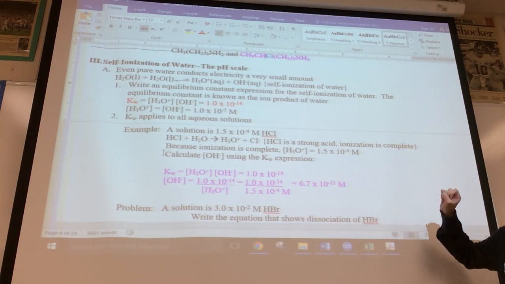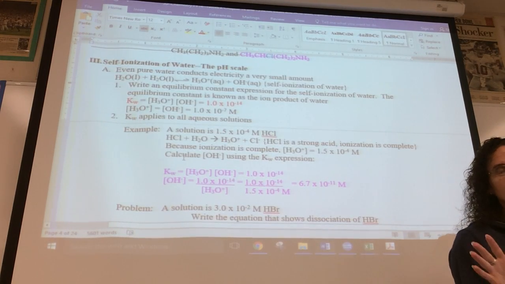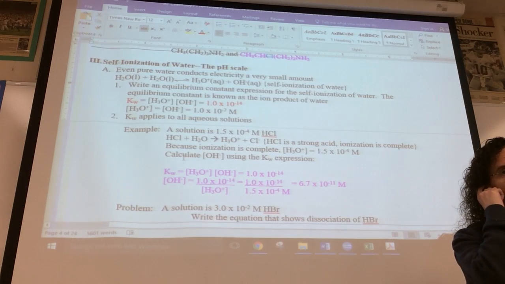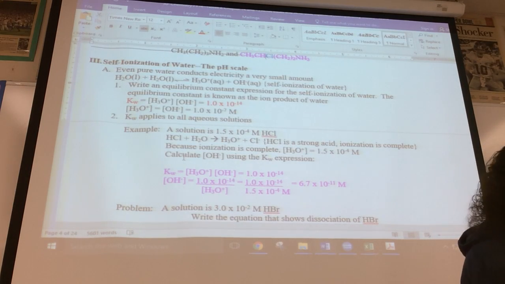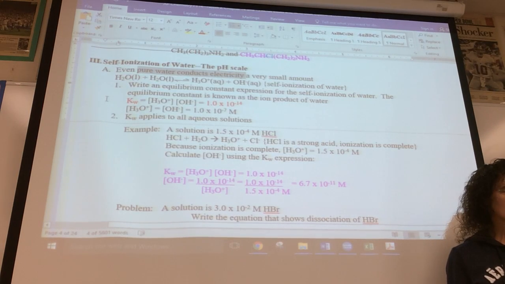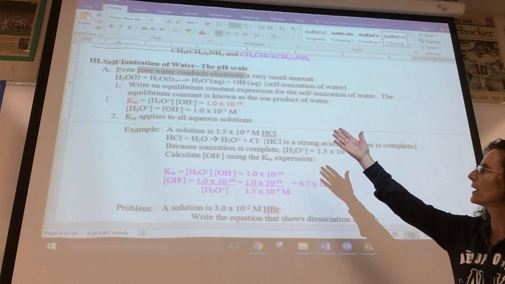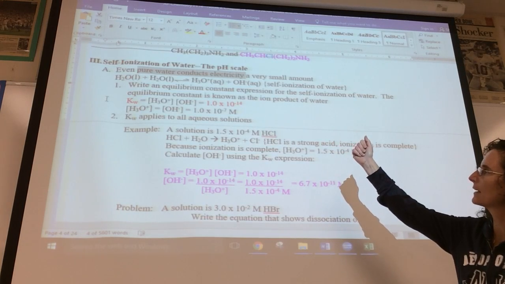All right. In terms of the pH scale, I don't know if all of you did this last year, so I don't want to fly through it. I want to make sure you're comfortable with it. Even pure water can conduct electricity to a small amount. You don't drop your blow dryer in the tub, right? There's actually a special ionization constant just for water. If you look at that reaction, you've got two water molecules generating hydronium ion and hydroxide ion, and